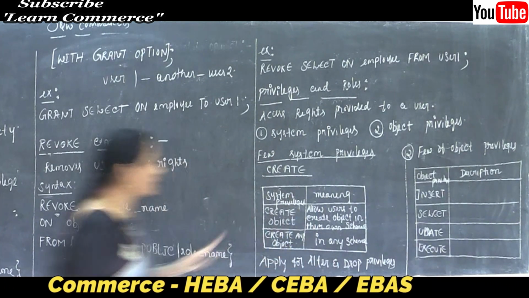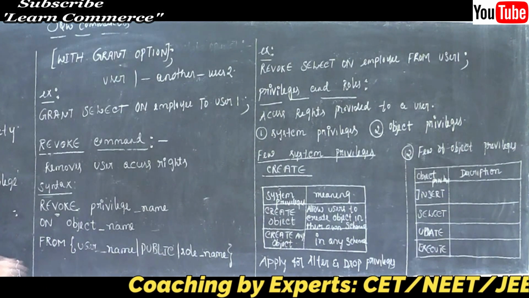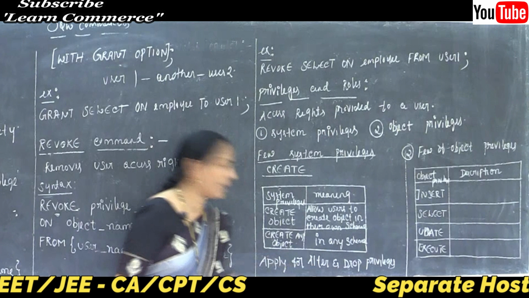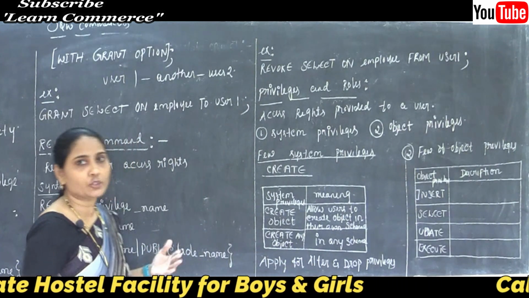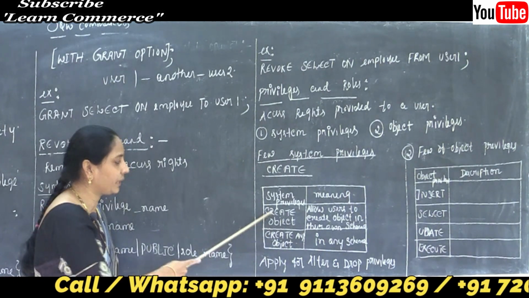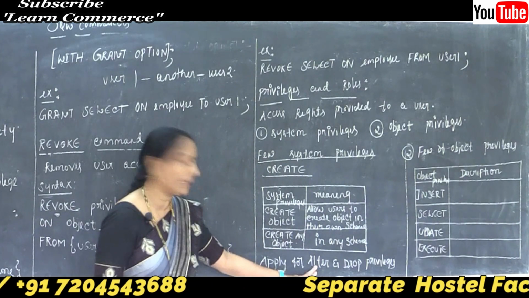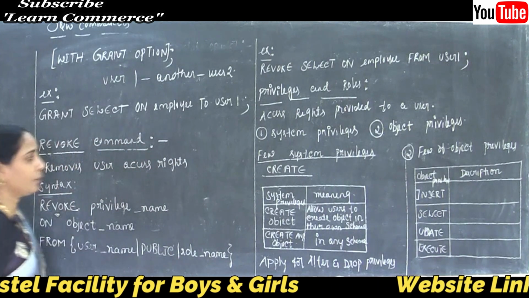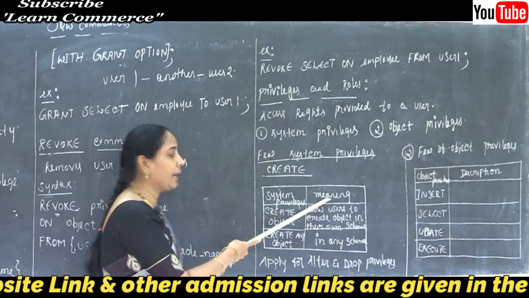Why? Because here in the table I mentioned only some points about create, and there is no information about alter as well as drop privileges in the table. So the same work performed by create object and create any object is also performed by commands like the alter and drop system privileges. So, system privileges and the description.